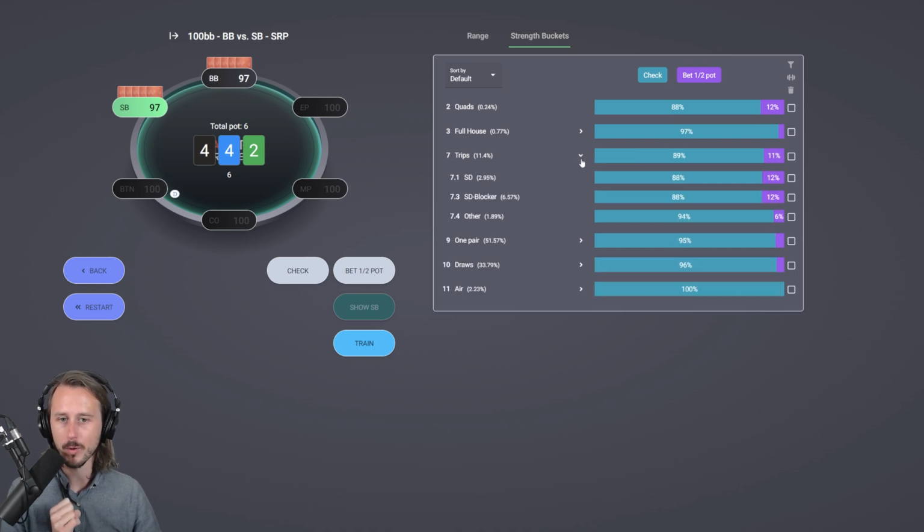And you can then even open up a bucket and dive deeper into it, because we are separating different components within each bucket. And that helps you to understand the principles and patterns even better. So for example, trips with a straight draw, 12% of the time, that hand is a bet. You can filter for it, click on the filter icon, and now the software will load only that specific part